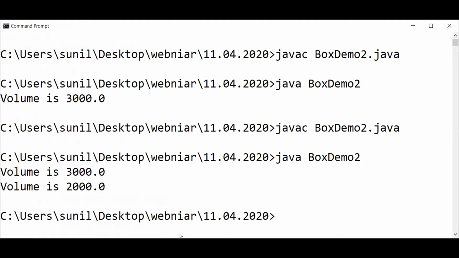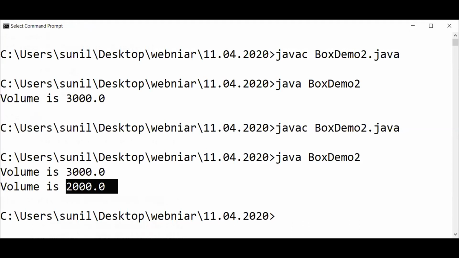Now you see the difference. The first object, my box 1, is printing 3000, and my box 2, the second one, is printing 2000. So that is the advantage of our parameterized constructor.